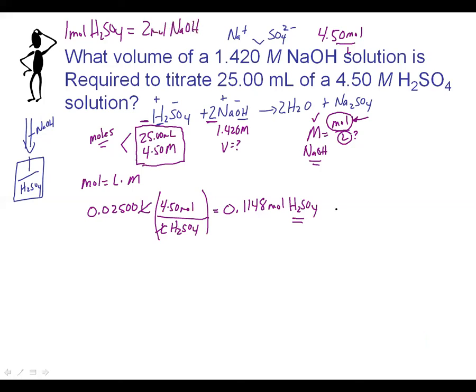Just like a normal stoichiometry problem, we're going to use the mole-to-mole relationship to get rid of the moles of H2SO4 and replace it with moles of sodium hydroxide. The moles of the H2SO4 will cancel, and that will get us 0.2295